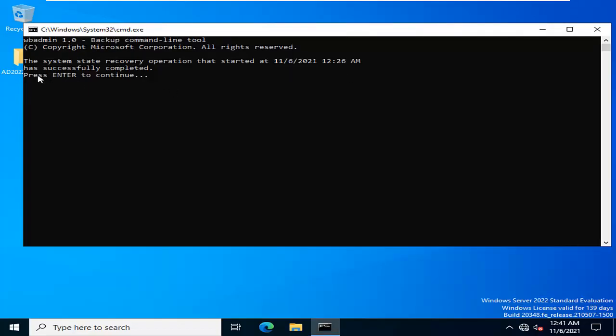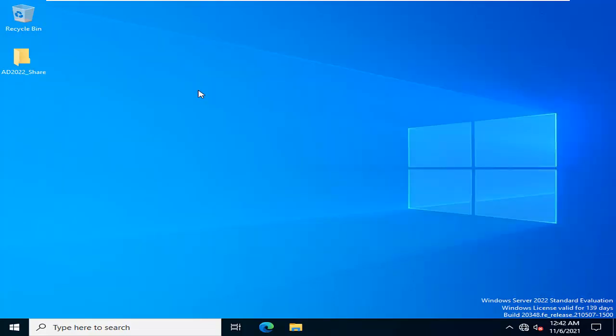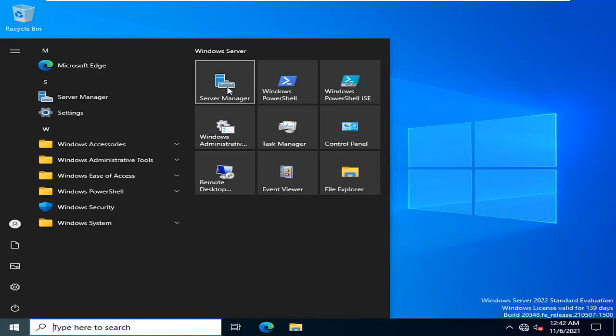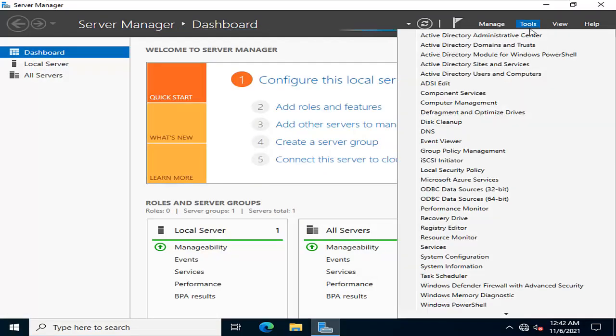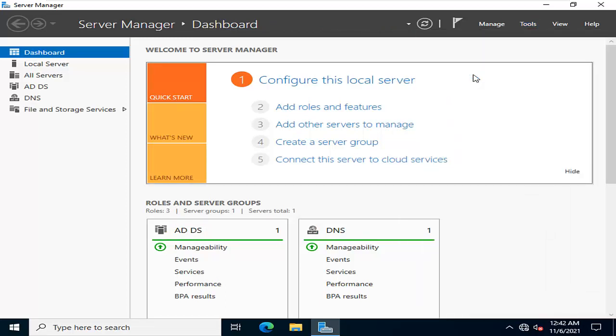This has been successfully completed. Press enter to continue. I just click on enter. So I verify: I click on Server Manager, click on Tools, and after that you can click on Active Directory Users and Computers.